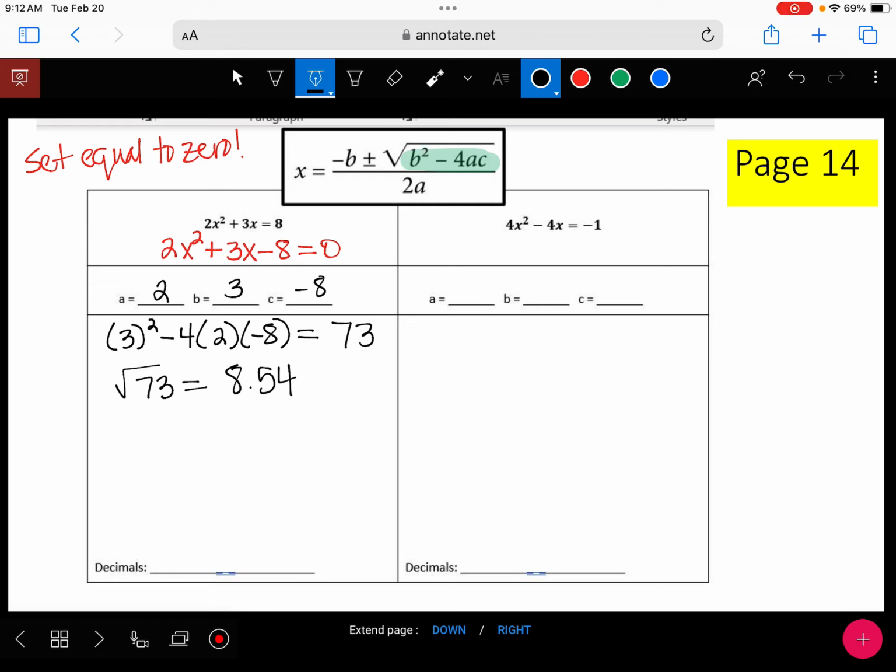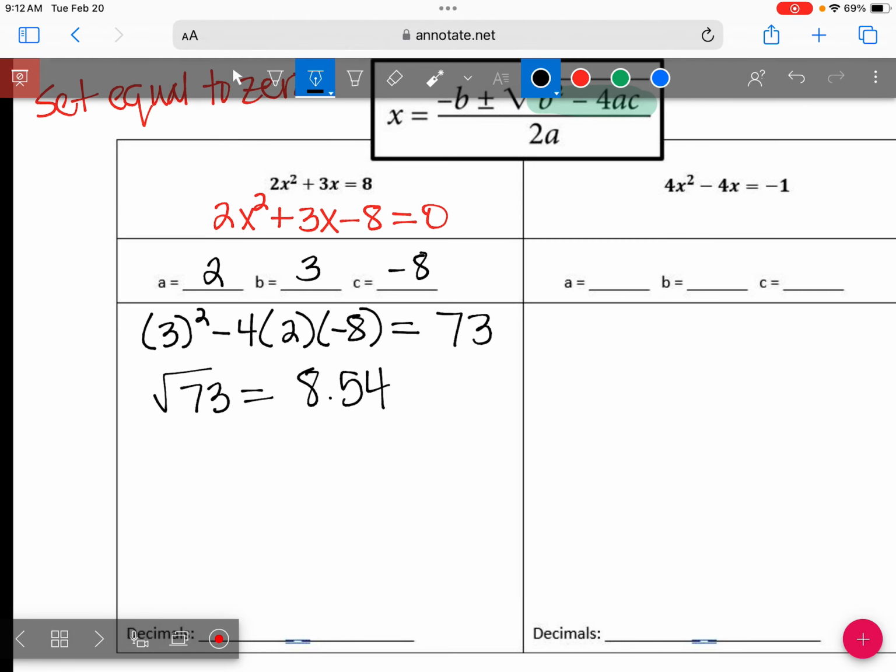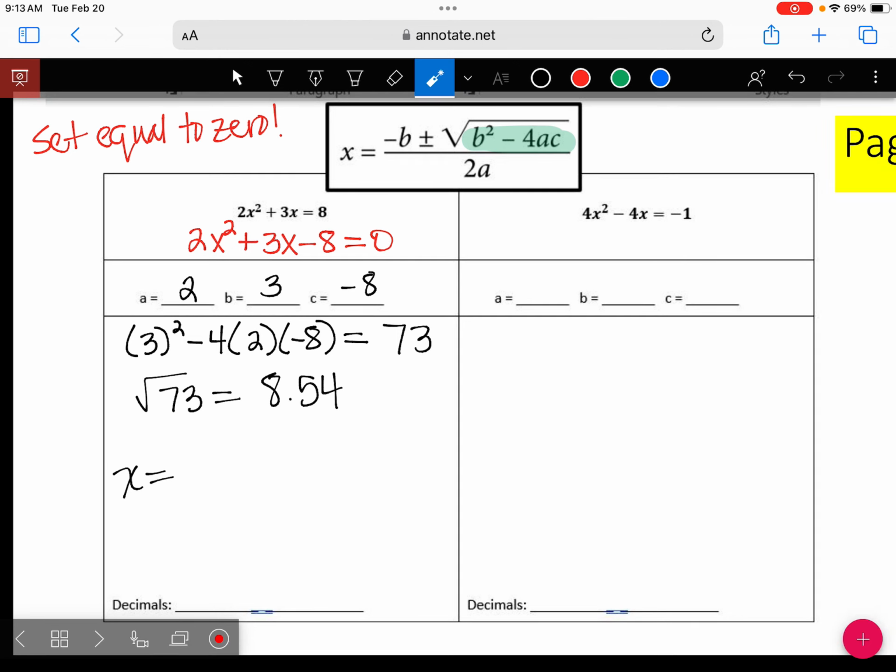Okay. So now we got that. So we're ready to do the whole quadratic formula. To find our 2 answers, my first answer is going to be x equals the opposite of b. So what is b? B is 3. What's the opposite of positive 3? So you're going to put negative 3